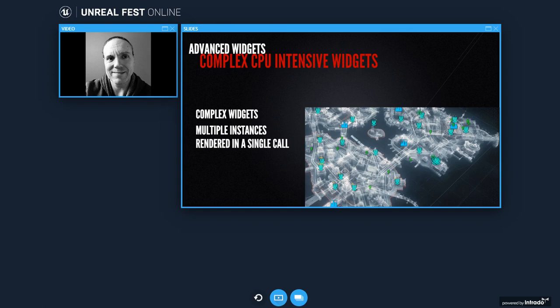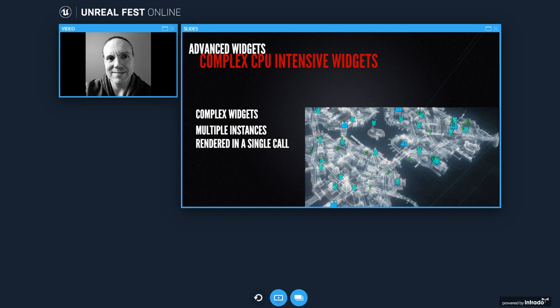So particle widgets are just one use of this. You can use this tech to create lots of other complex widgets. It can be used for anything that is drawn many times on the screen. Just take a minute to think of anything in your game's HUD or UI that draws lots of similar instances of an object.